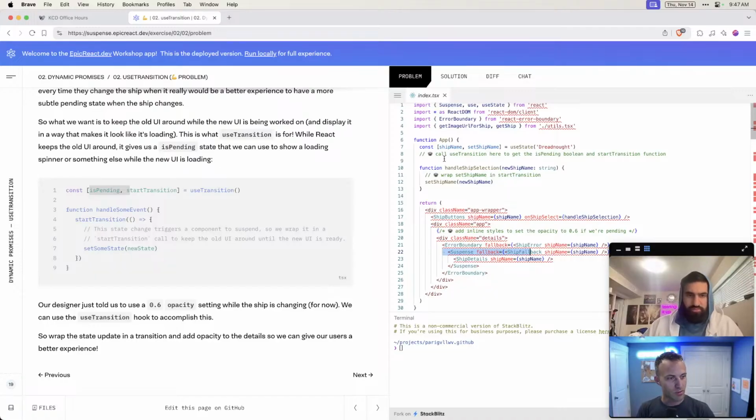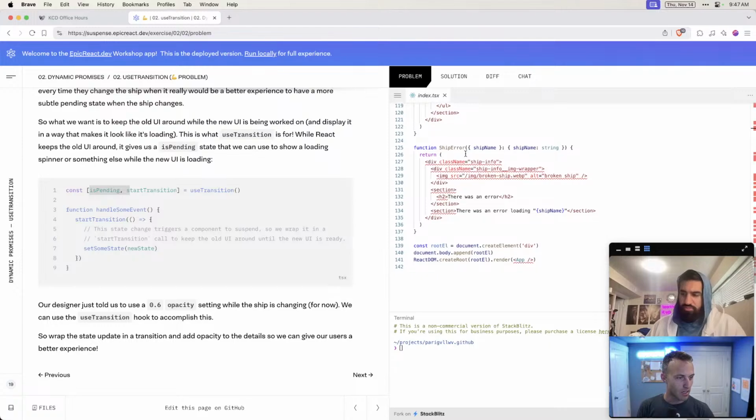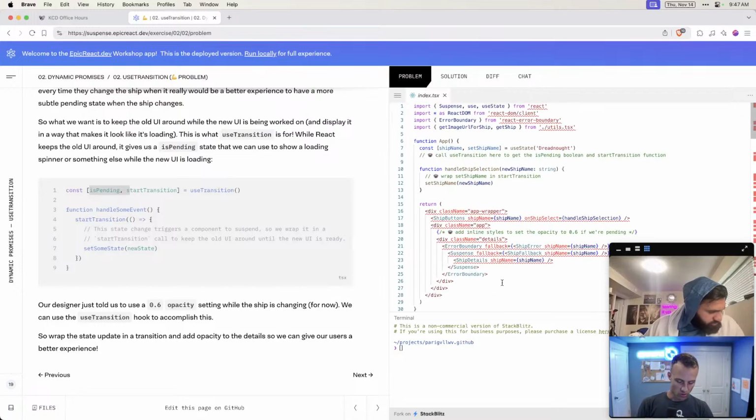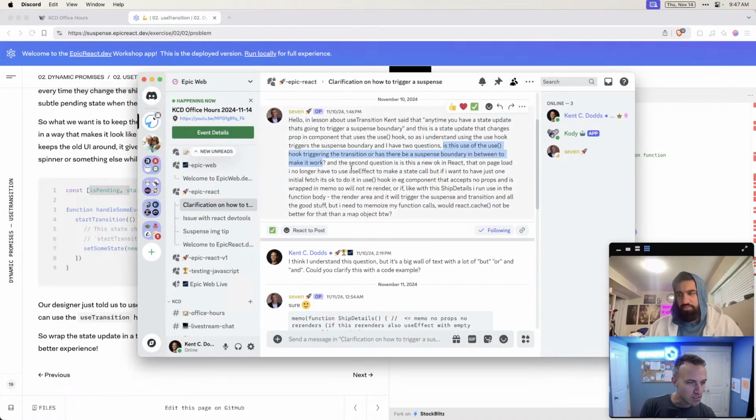If this didn't exist, we'd keep going up. Let's see the app. The app doesn't have a suspense boundary. If I remember right, I think it actually just throws an error. Maybe it shows a white screen. You definitely get a warning in the console at the very least, because that's not a great user experience. You do want to think about that pending state. So technically, the suspense boundary isn't necessary for the transitions, but it is necessary for the initial load. Hopefully that answers that question.